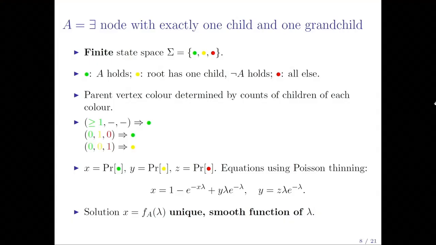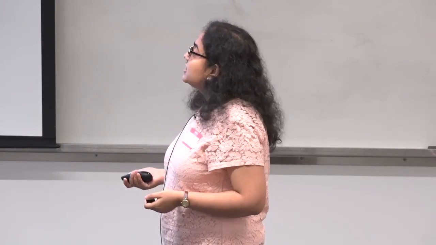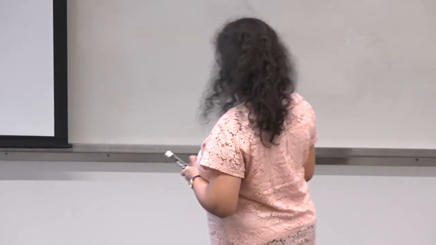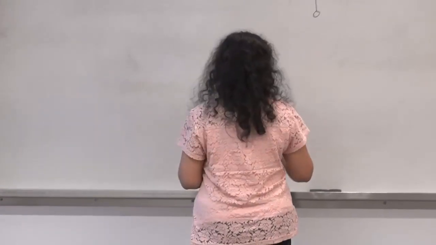So before I go into the general analysis of how we deal with a general first-order property, which would look a lot more complicated than this one, I wanted to study an example to give you an idea how we started dealing with this. So this first-order property says that there is a node somewhere inside the tree, could be far from the root, could be near the root, with exactly one child and exactly one grandchild. So the tree you're looking for is this.